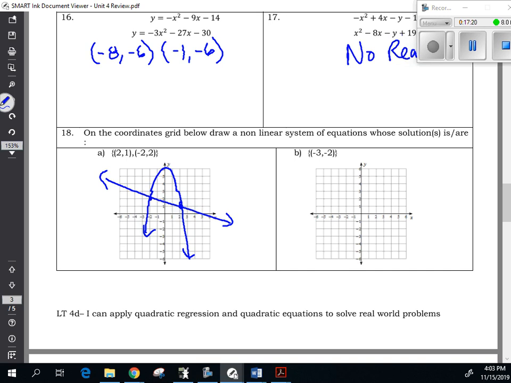You can have a lot of different answers. Then we have negative 3, negative 2. Okay, and so we have to draw 2 graphs that intersect there. You could have something like maybe a quadratic system, so you have this guy, and then we can have another one right here that kind of just intersects right there. Okay, and so there you go. So those are just graph a point first, and then